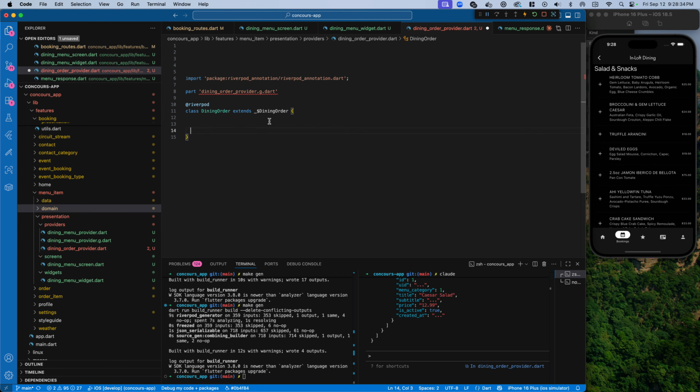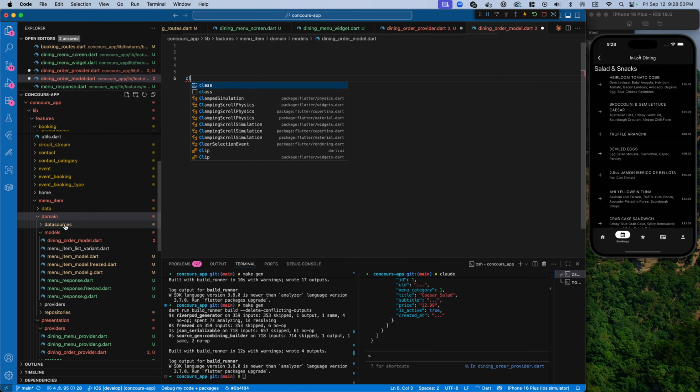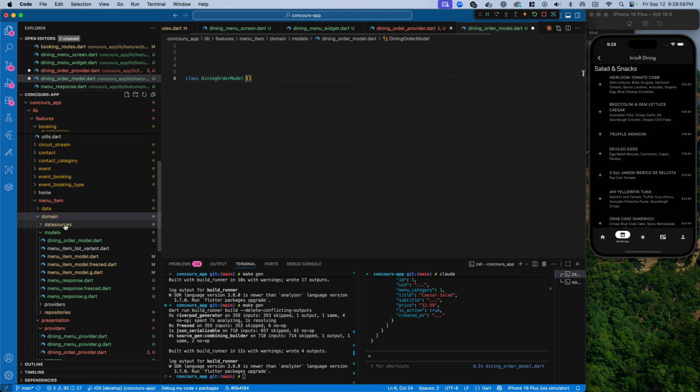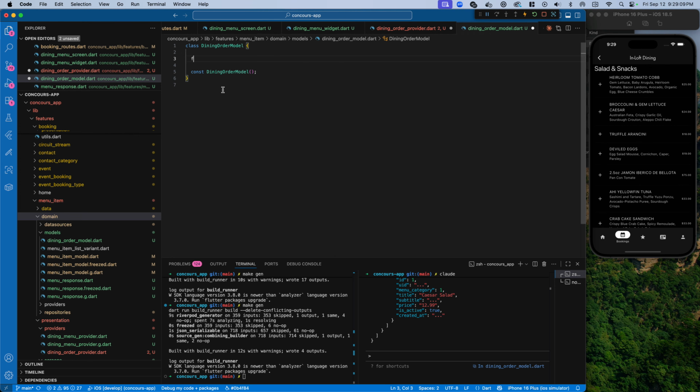Now, what kind of state is this going to have? That's something we actually need to make. We need a model that represents this, but we don't need this model to necessarily be using freezed. It's just something we want to make our lives easier. So let's call it dining order model dot dart and class dining order. I'm not going to have the word model, although we will actually have the word model here. And what is this going to have? It's going to have a final, oh wait, we don't want to actually,